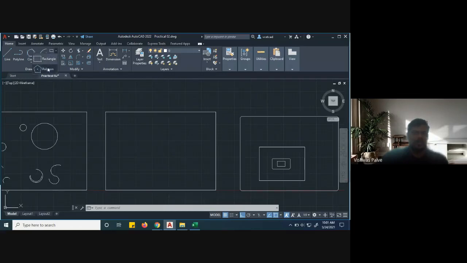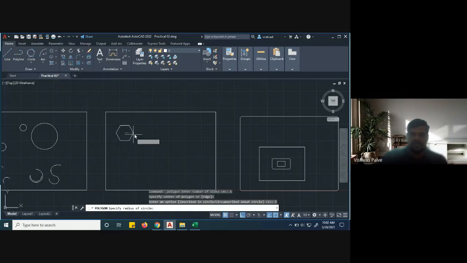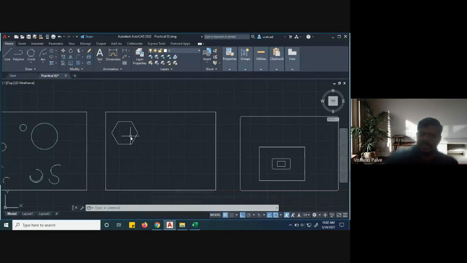So click on polygon. You can see the command line. What is given in the command line? Polygon, enter the number of sides. Suppose if I want to draw a square, 4 sides, triangle 3, pentagon 5, hexagon 6, you have to enter the number of sides. So let us draw a pentagon. Then it will say center for polygon. So this is my center for polygon. Then you have to choose inscribed in the circle or circumscribed about the circle. So what will be the method? I'll say first inscribed, let it be inscribed. Then how much is the radius? I'll say 50. So 50 is the circle. So this is the hexagon drawn with 6 sides, which is inscribed in the circle.